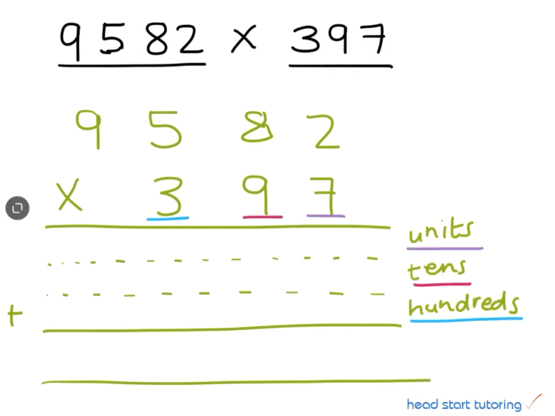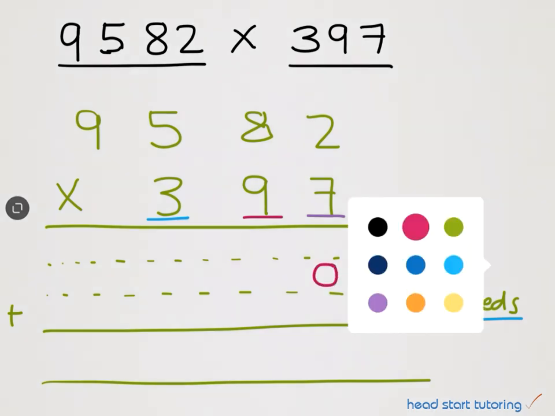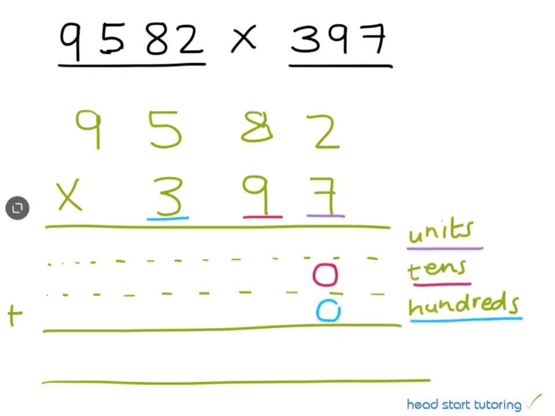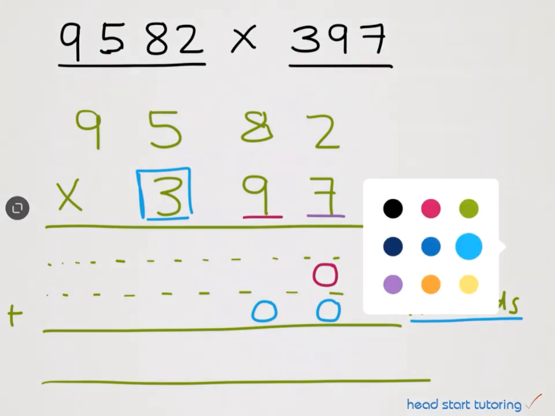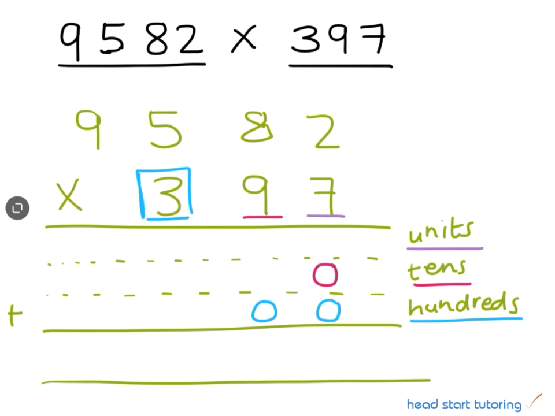So now in the same way, we need to make sure that we put in our zeros. So let's use the pink for the tens. And then because we're multiplying by 100, we're multiplying by 300 when we times up with our 3, we need to put in 2 zeros to indicate that it's 300. So now let's work with our 7. 7 multiplied by 2